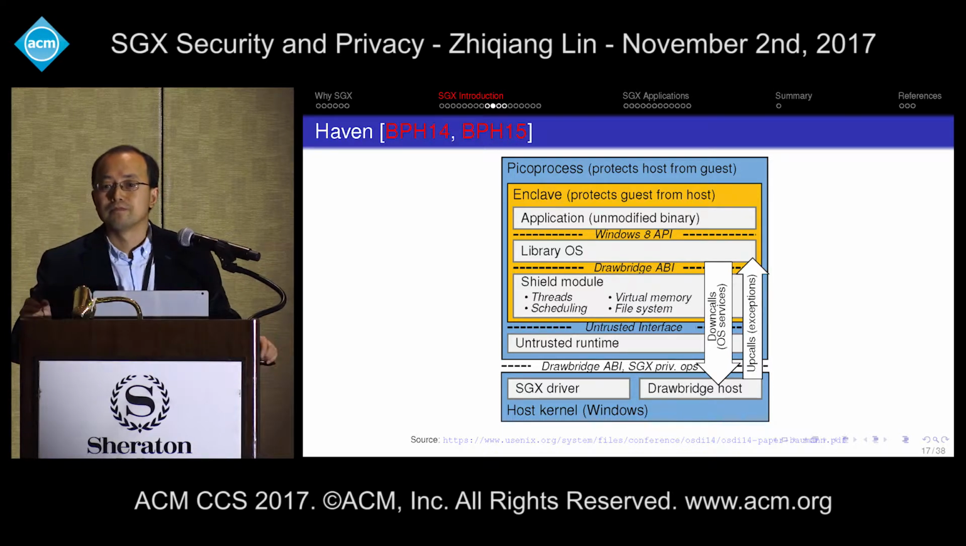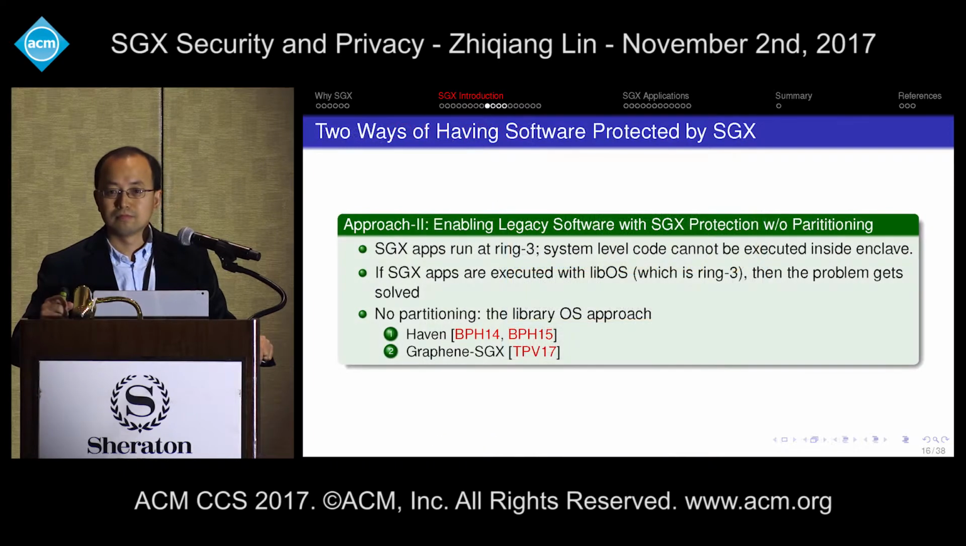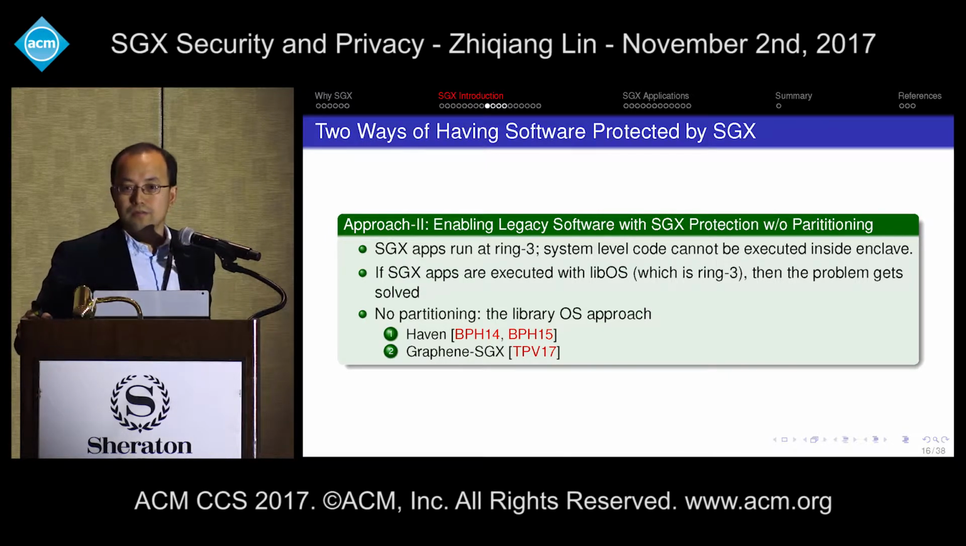Yes. Sorry, I didn't follow this part. Could you please go back to the last slide and explain bullet number 2? What do you mean by if SGX apps are executed within the OS, then the problem gets solved? Which problem gets solved? So I mean the code execution,